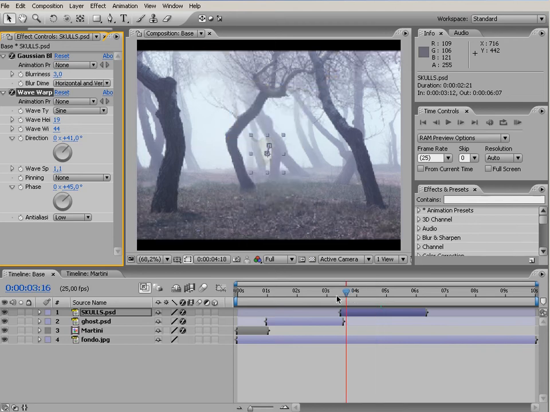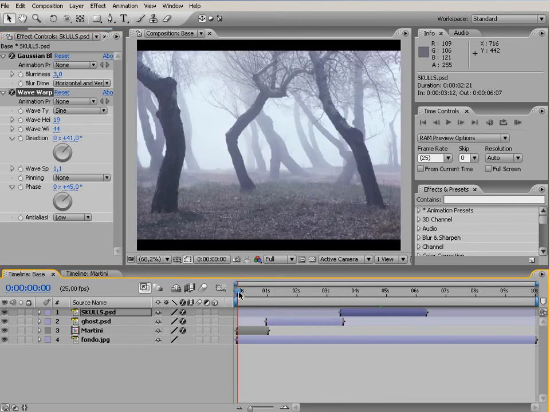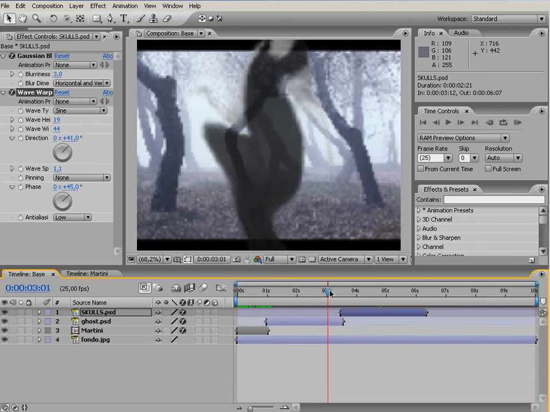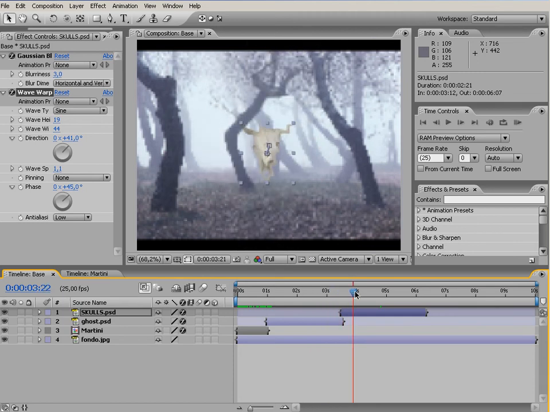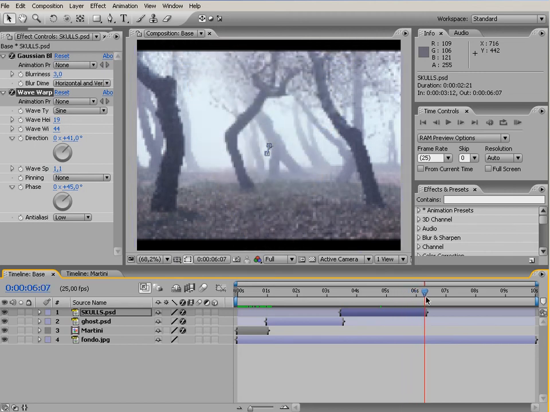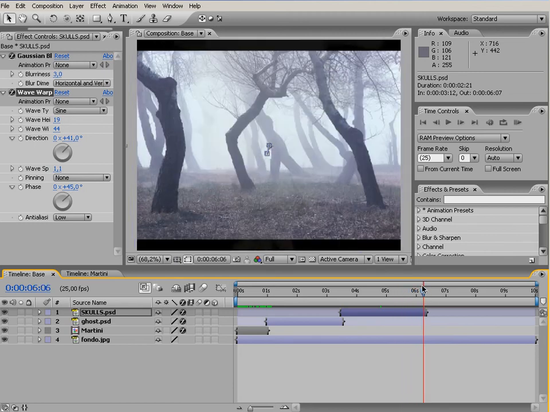So now I have my martini glass moving, my ghost appearing and deforming, the bull skull appearing and disappearing, and here at the end I want to place another layer,